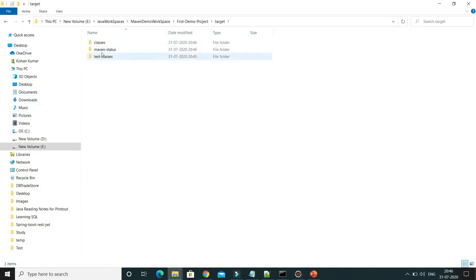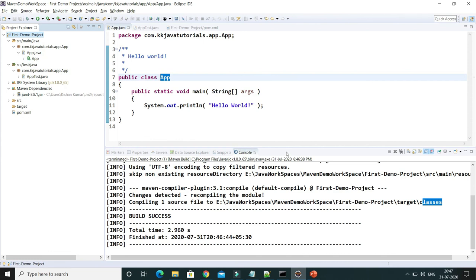We have only one Java class, so one .class file is generated, right? It only compiles whatever source code there is and generates the binary .class file.